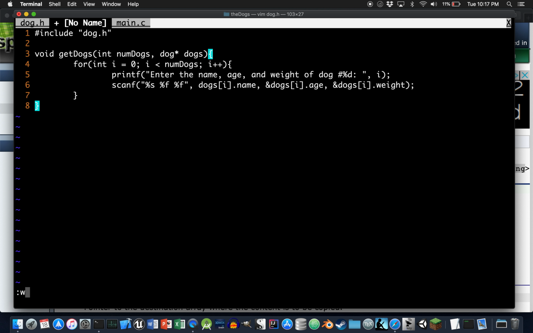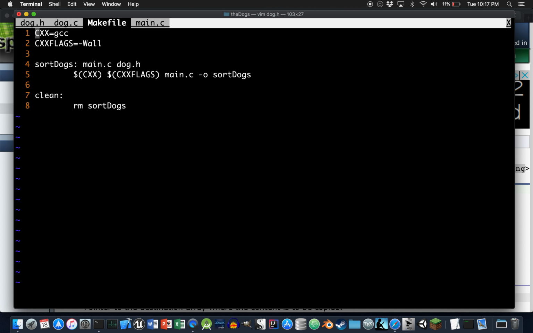It's always a good practice to test your code as you write it. Don't try to write too much. Oh, I failed to give it a file name. Okay, let's try that again. We'll write it to dog.c. Okay. Now we need to modify our makefile a little bit at this point, since now there's an extra source file involved. So we'll open up our makefile,